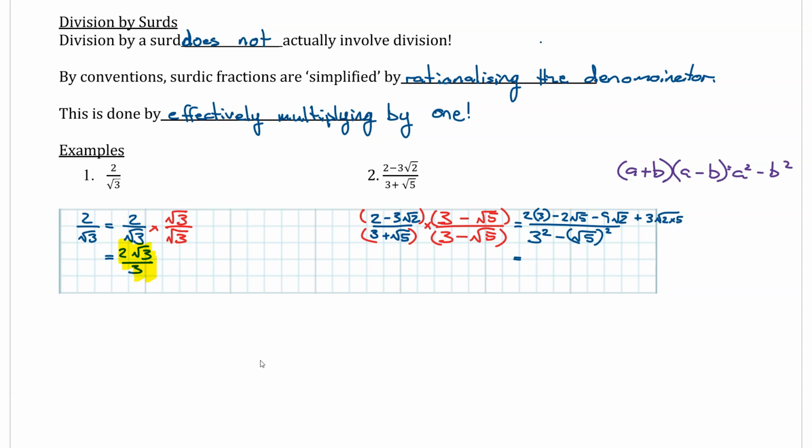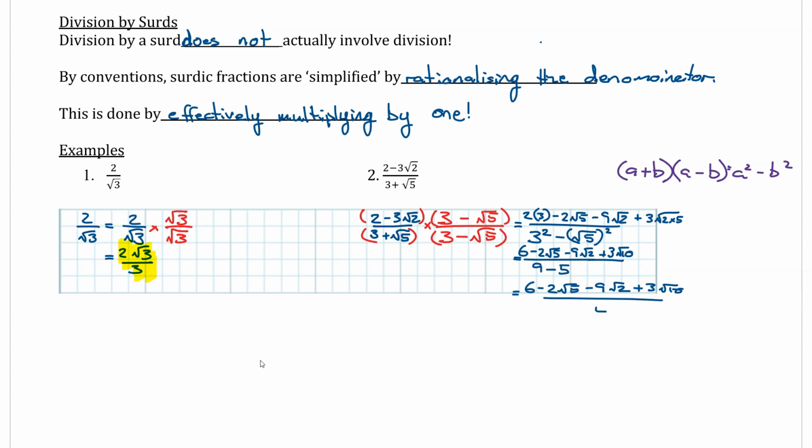And then evaluating all of that, we're going to get 9 minus 5 in the denominator, and then it will be 6 minus 2 root 5 minus 9 root 2 plus 3 root 10. And then evaluating everything upstairs, we get 6 minus 2 root 5 minus 9 root 2 plus 3 root 10